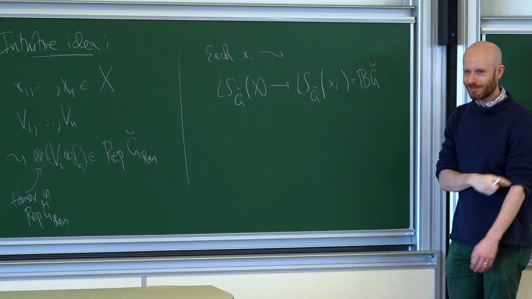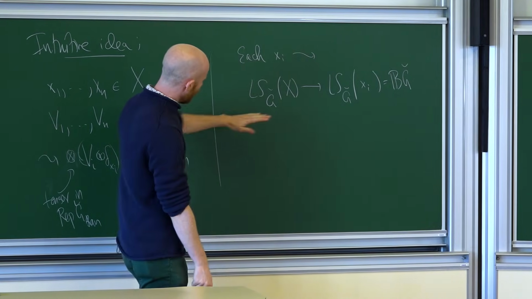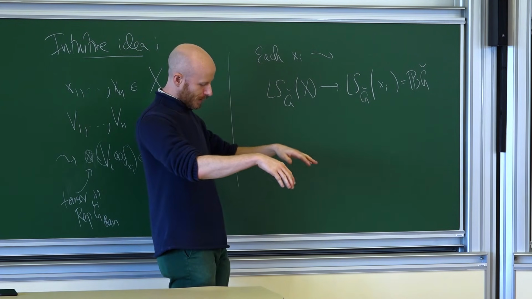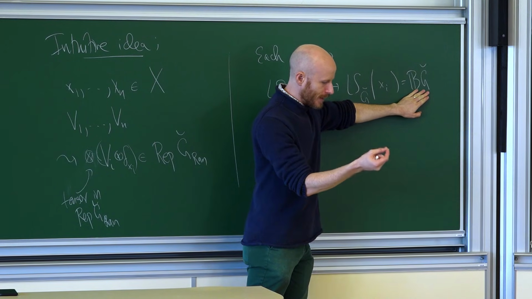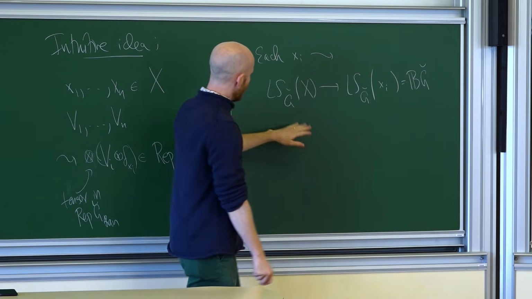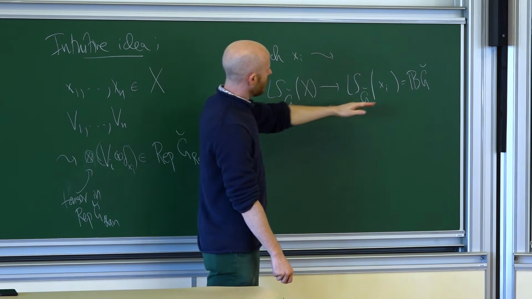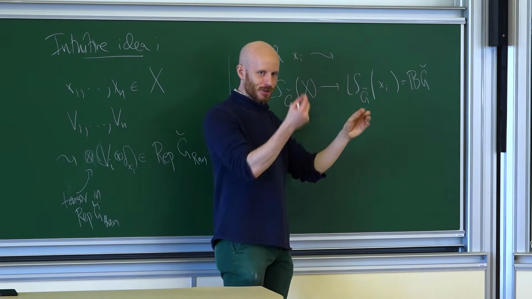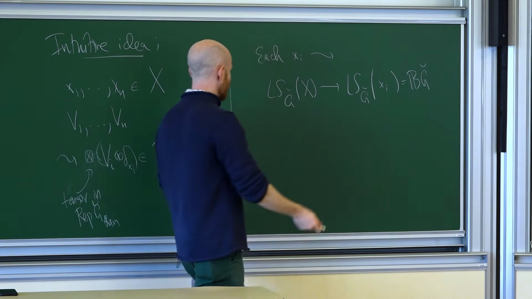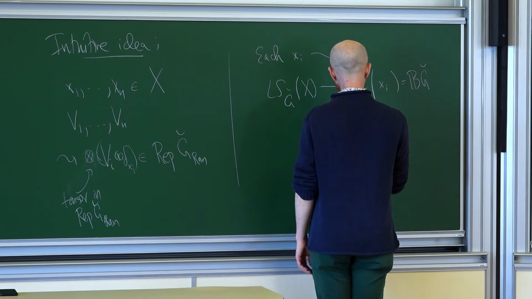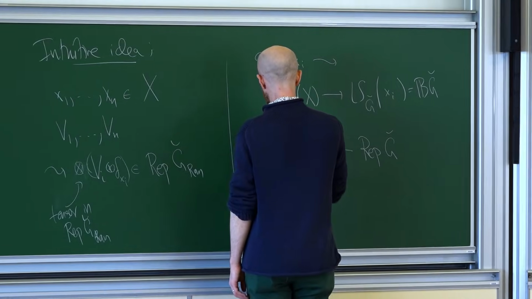So I'm saying just imagine the group is GL_n. A point of BGL_n is just a vector space of the given dimension. And if you have a local system on X of rank n, then you get, for each point, an n-dimensional vector space. It's just taking the fiber at that point. Very simple-minded construction. And so then that's going to give rise to a functor from Rep G check to QCoh of